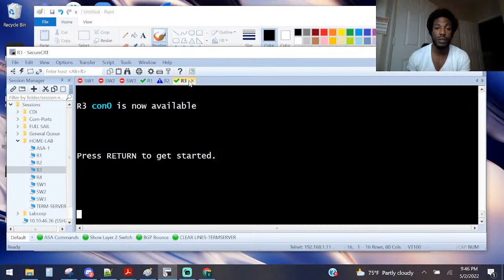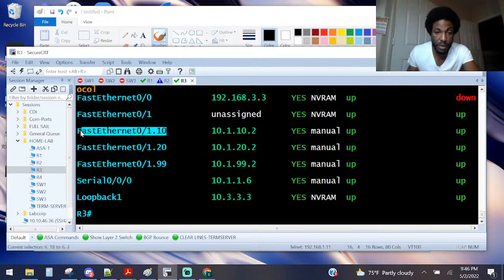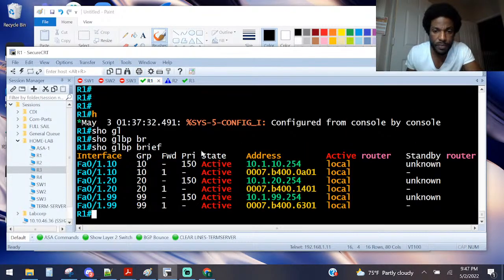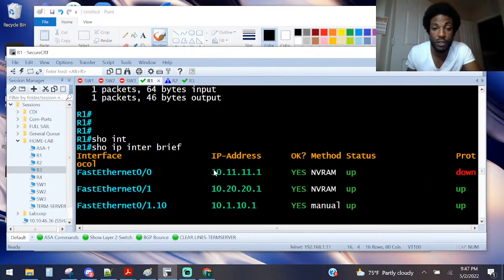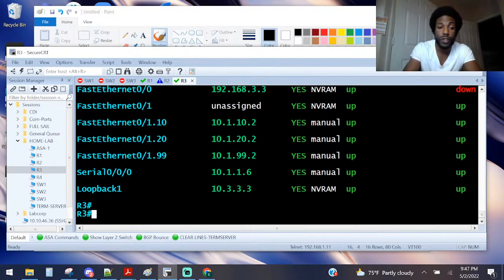So let's go to router 3, which is over here. Show IP interface brief. Let's see what we're working with. We got to do this sub interface right here and give him pretty much the same IP. It's going to be 10.1.20.254, right? Is that what we did on the other side? Yeah. 10.1.10.254, and then 10.1.20, and then 10.1.99. All right, these are virtual IP addresses, so I don't think we'll have duplicate IP issues. So go to router 3, go to global config mode,